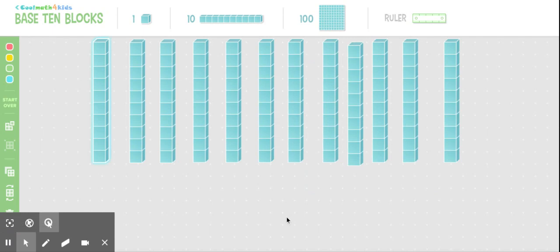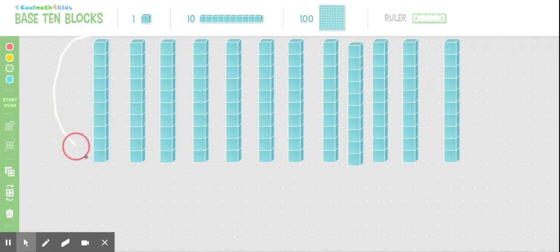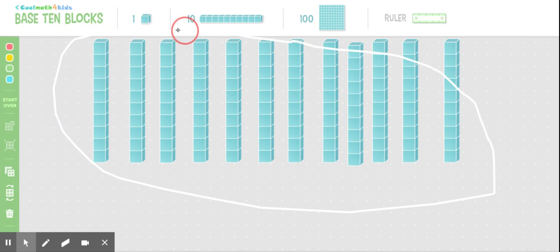Let's look at another problem that's very similar. So what happens if I have 12 tenths? 1, 2, 3, 4, 5, 6, 7, 8, 9, 10, 11, 12 tenths. Well, another way to write our 12 tenths,